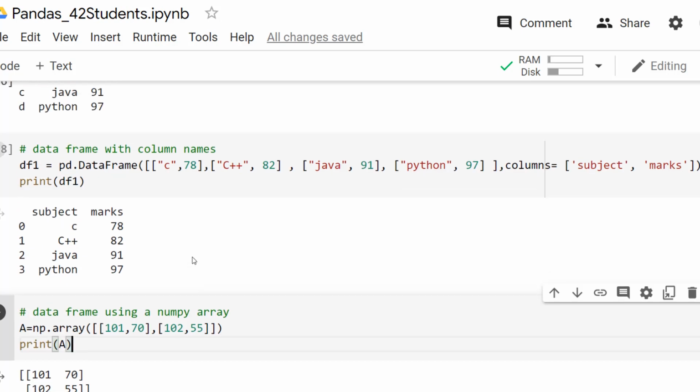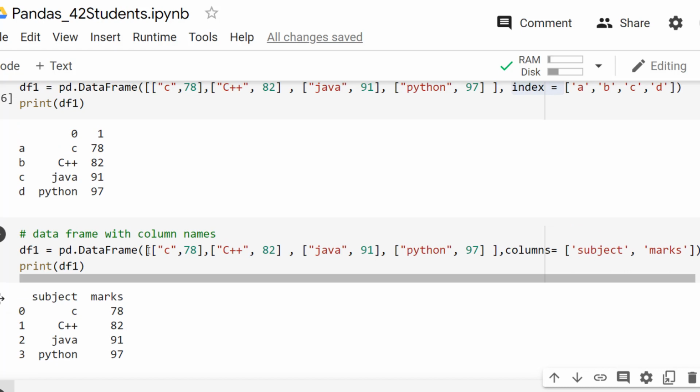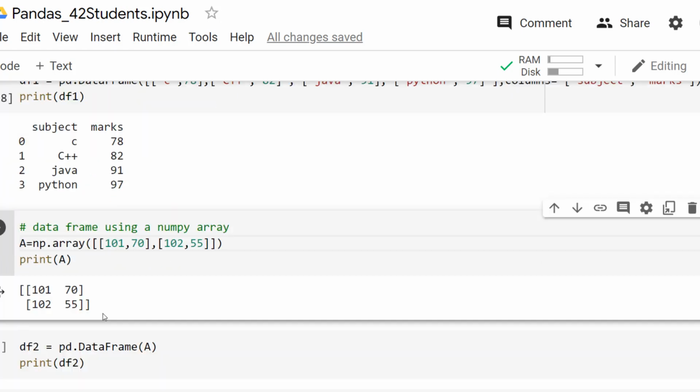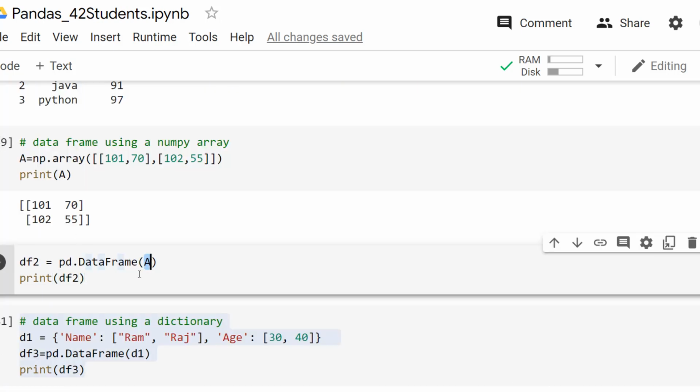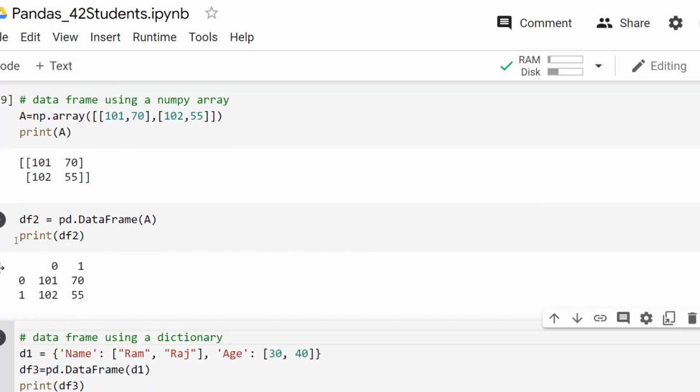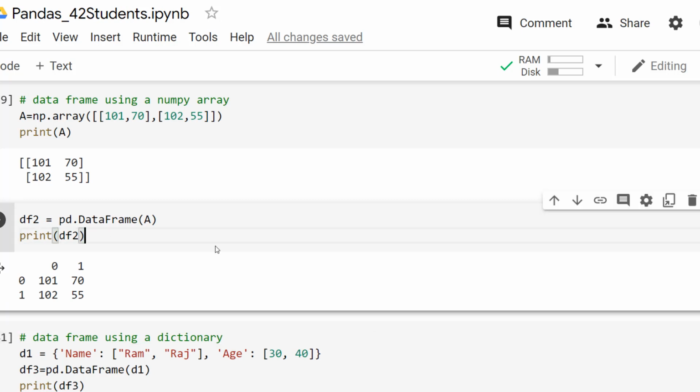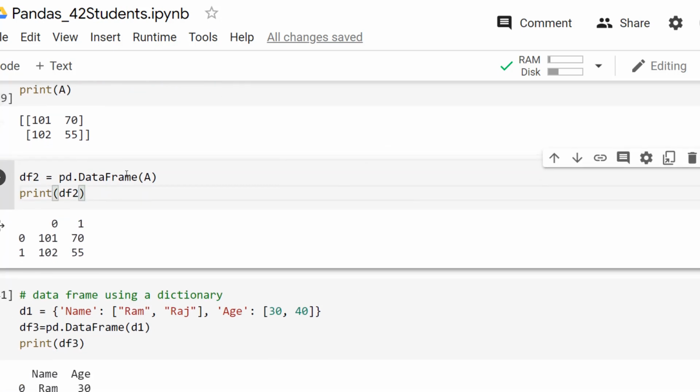It is also possible to create the data frame from the NumPy array. That is, we can pass the NumPy array as an argument to the data frame method to create a data frame. So first let's create a NumPy array. Here A is a two-dimensional NumPy array object, and we are passing the NumPy array object A to the data frame method to create the data frame. So now df2 is created as a data frame based on the elements taken from the NumPy array. In the case of the NumPy array, the dimensions are not indexed, right? In the case of the data frame, both the dimensions are indexed. So that's the main advantage of using the data frame. Here you can see the data frame that is created from the NumPy array.